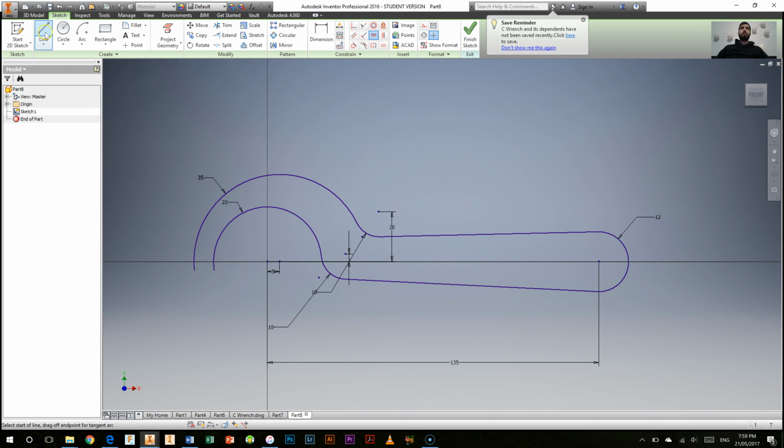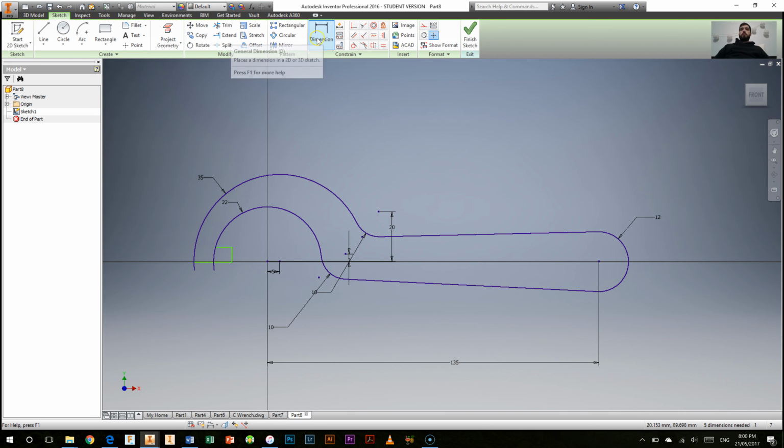So I'm going to go for my line tool. I'm going to go out from the point where this arc meets the x-axis, come along my x-axis. Doesn't matter how far at this point, because I'm going to add the dimensions in soon. Then I'll go up a little bit and then back to the other arc there. Alright, and it automatically locks to those points. I'll right click and I'll click OK. And now we can see that we've got that shape. We just need to give it some information,